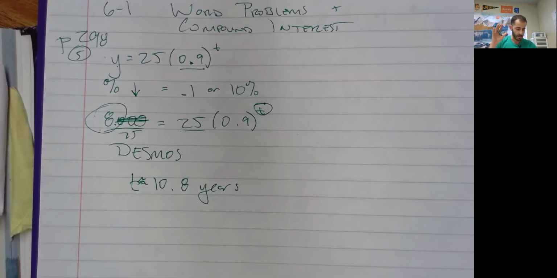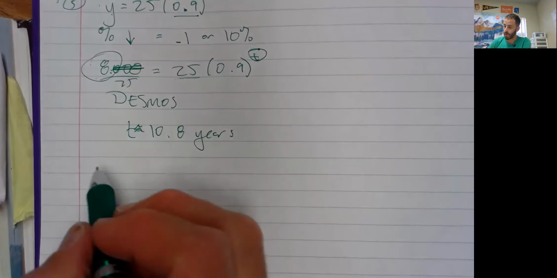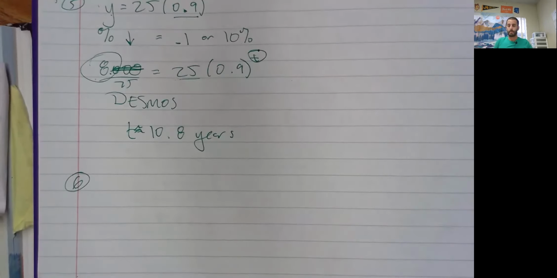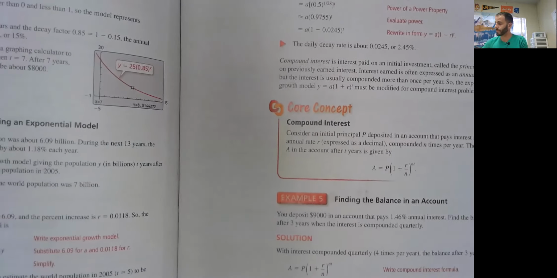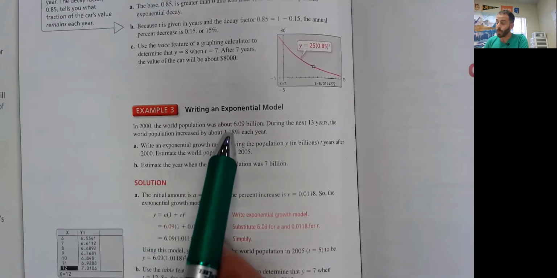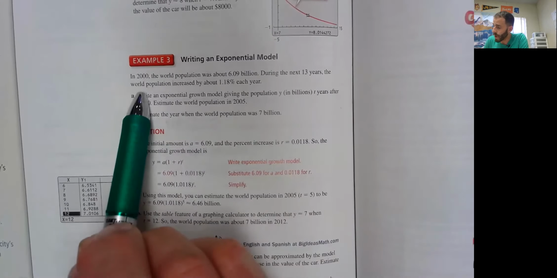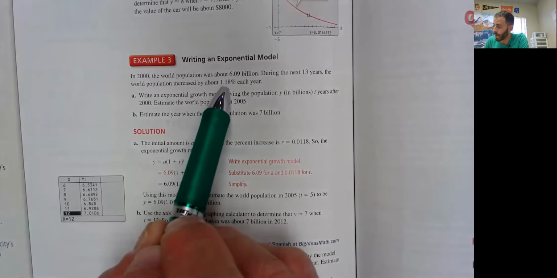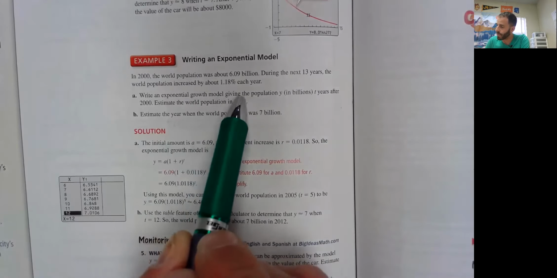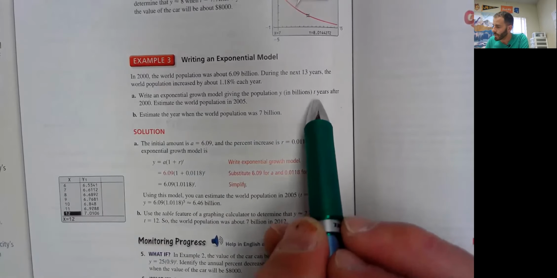All right, we're going to do something similar again with number 6. But to do number 6, we need to read example 3. In 2000, the world population was about 6.09 billion. This is true, by the way. During the next 13 years, the world population increased by about 1.18% each year. This is true, by the way. Write an exponential growth model giving the population Y in billions, so 6.09 instead of all the zeros, T years